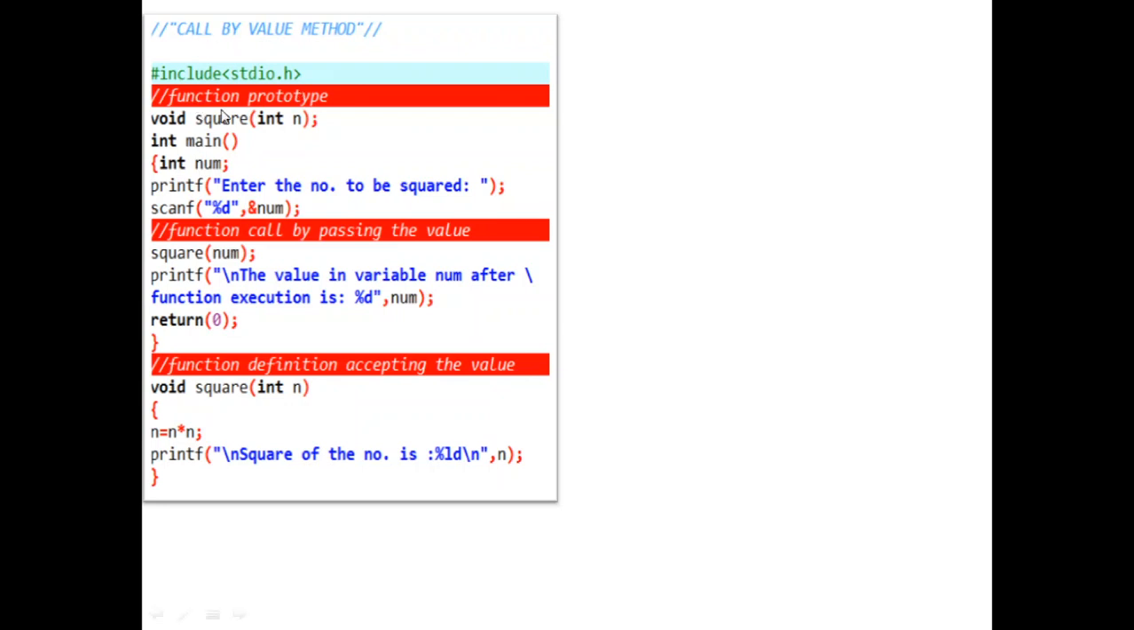I have included the library function, then the function prototype is getting declared. The function prototype is void square(int n), which means that we are not expecting anything returned from the function, and the function will be accepting an integer variable. Now in the main body, we defined a variable num which has data type int. Then here I'm using the printf statement, enter the number to be squared, and that is getting stored in the